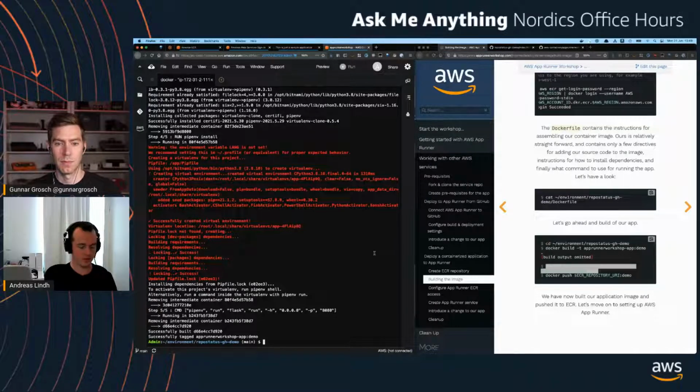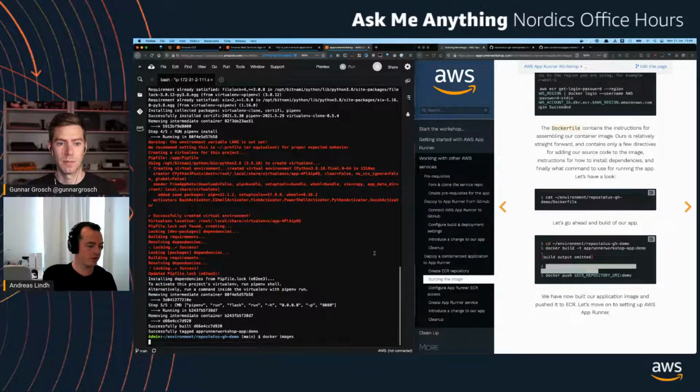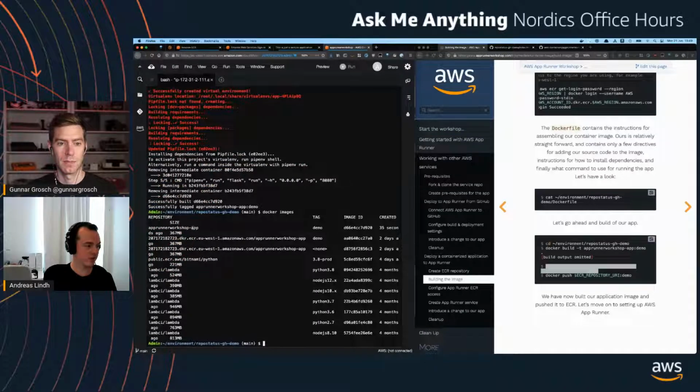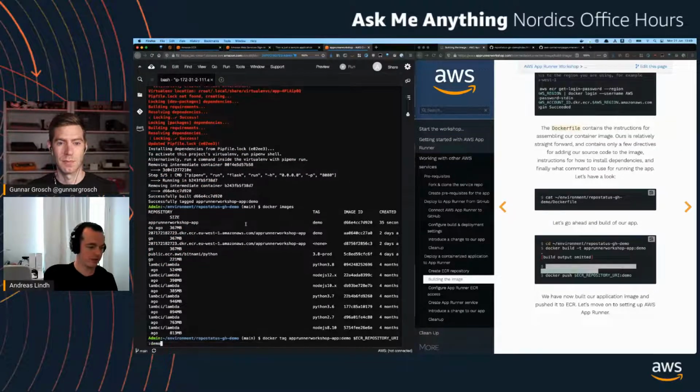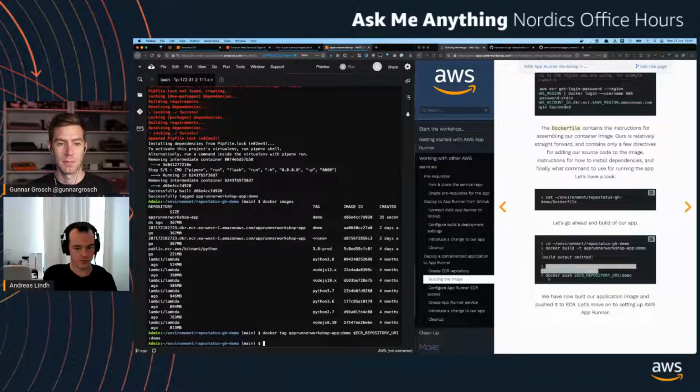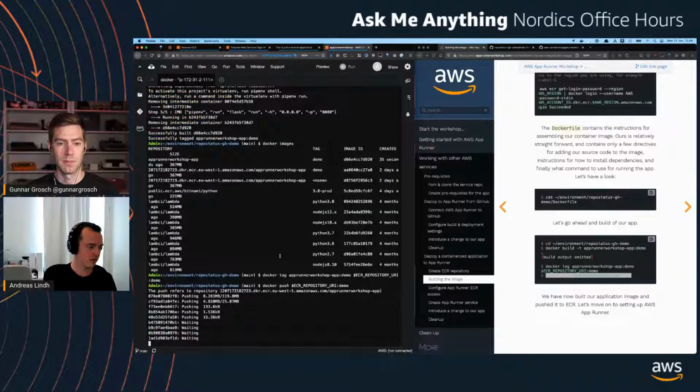So we have built our image locally. If I do docker images, App Runner workshop app, tag it, and then finally we're gonna push it. This is not the smallest container image. You should probably try to make them even slimmer as a best practice. And while that's pushing,